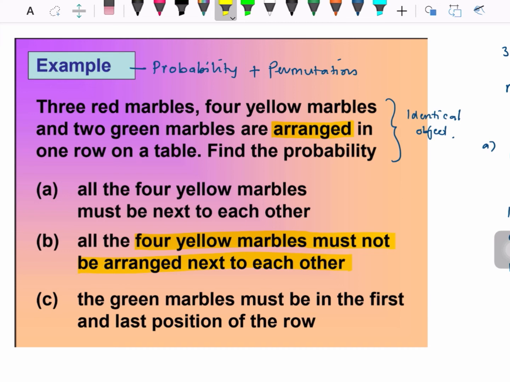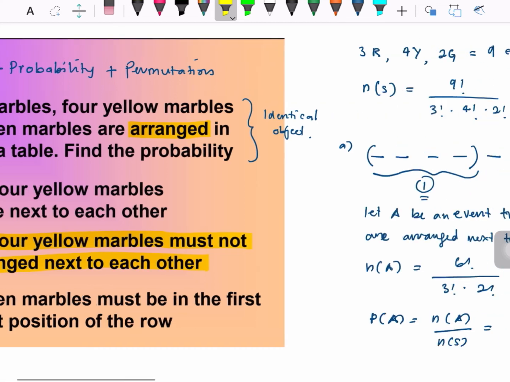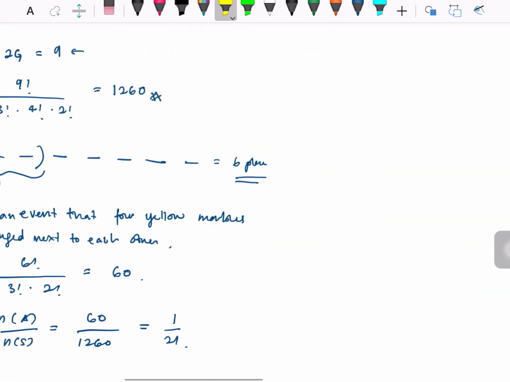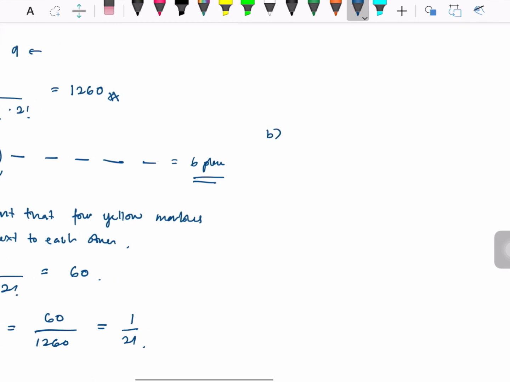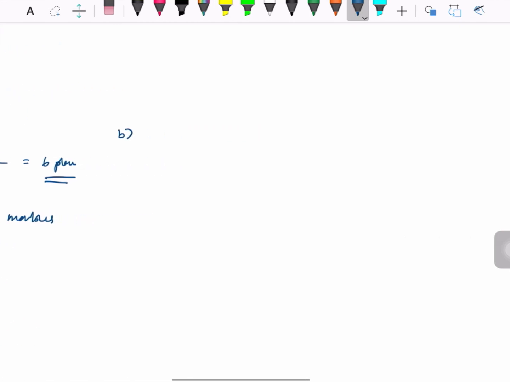So to solve B, the case of B is actually the A complement, so I'm going to declare A prime, denoting A complement, as the event